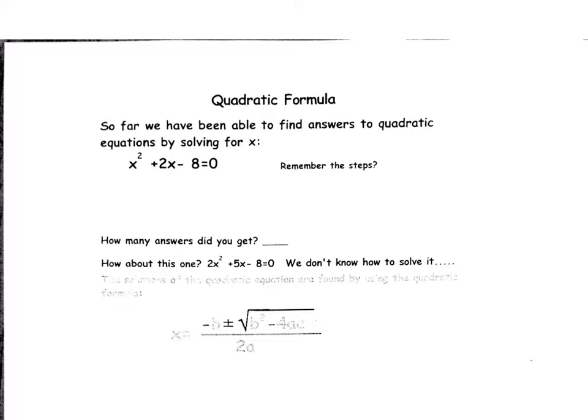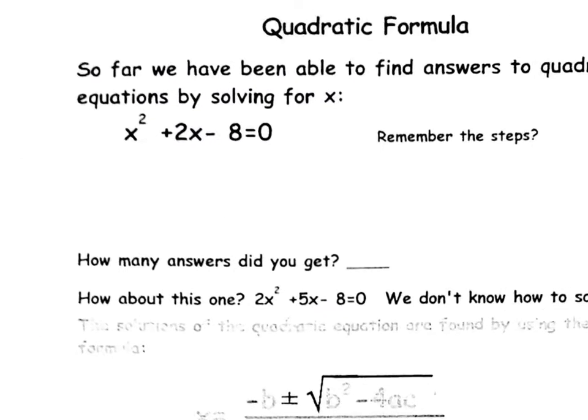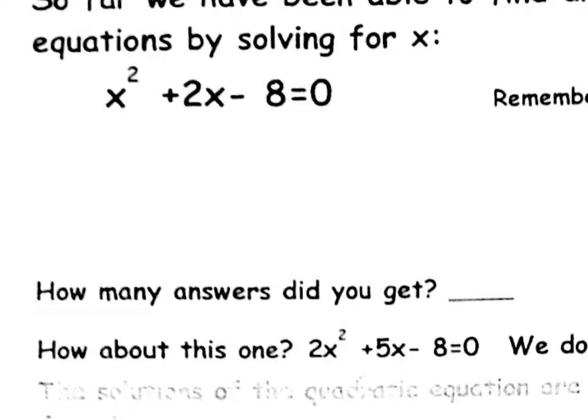Okay, so here is the quadratic formula. So up until now, we have been factoring quadratics using the ABC method and solving them by then setting them equal to 0. So for example, the problem that's right here, you might say, A is 1, B is 2,